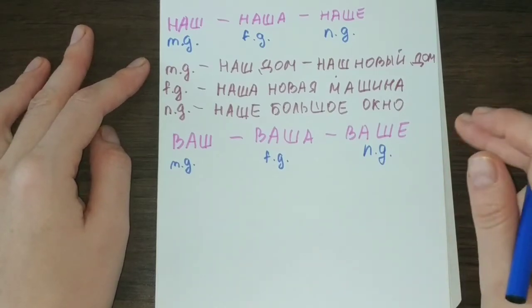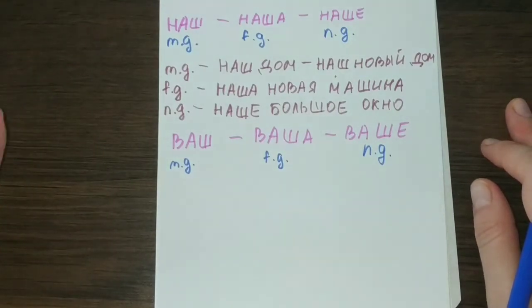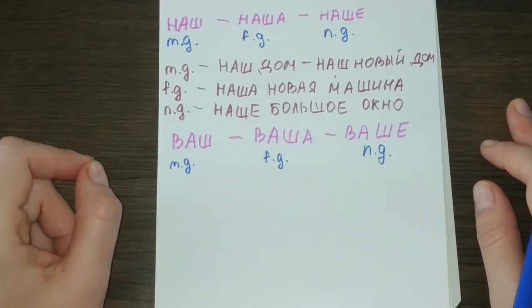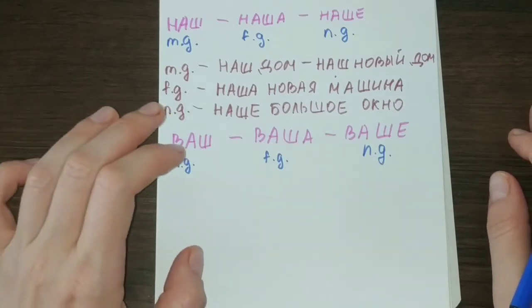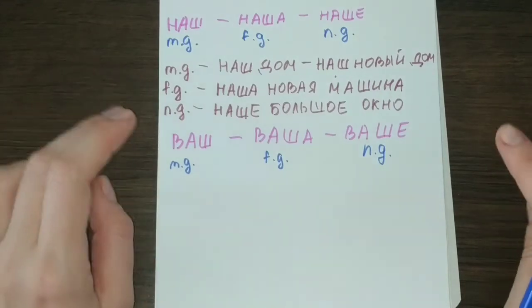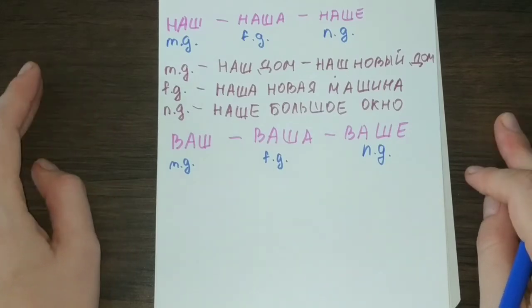Вы. So it can be two things. Either you are addressing politely one person, a singular person, or you are addressing, no matter how, both politely or impolitely, formally or informally, a group of people. So these things can be distinguished by the context, of course, but just so you know.